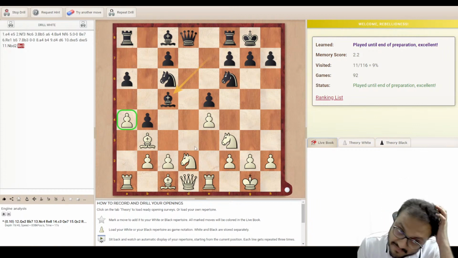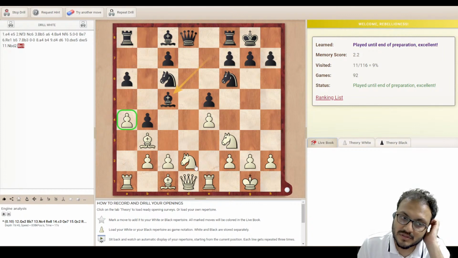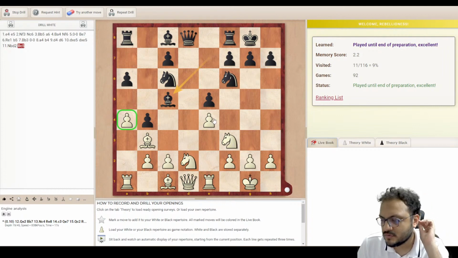Okay, bishop c5, we did not go further, but how should we continue here? That's the question. And f1 I don't like because queen d1, rook d1, knight e4. So